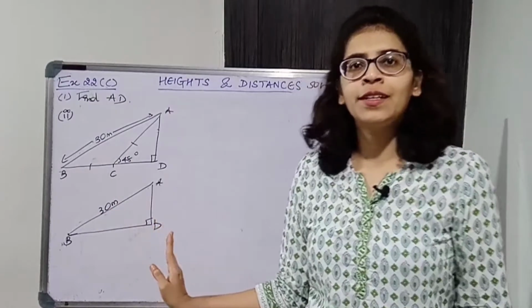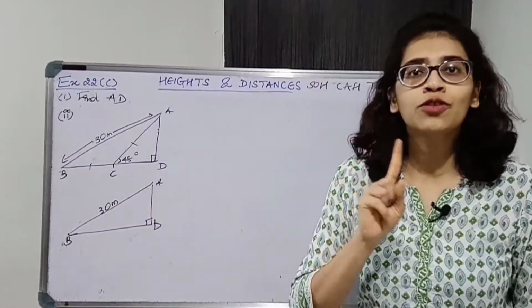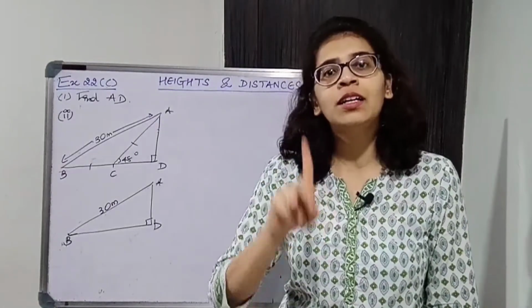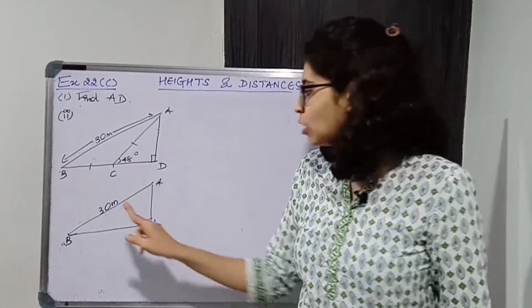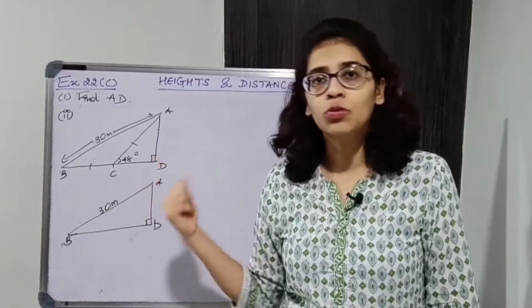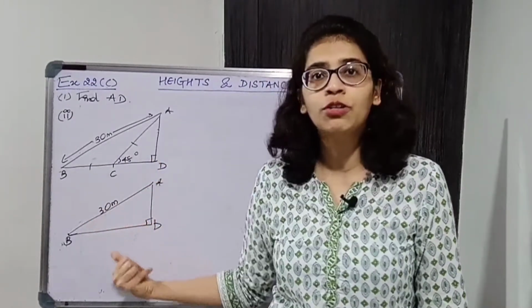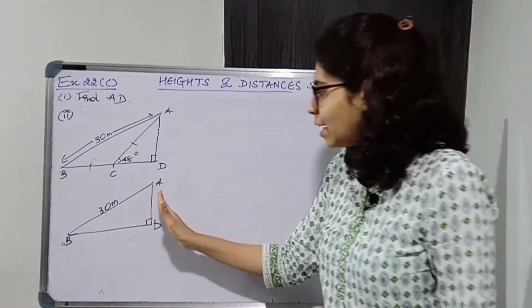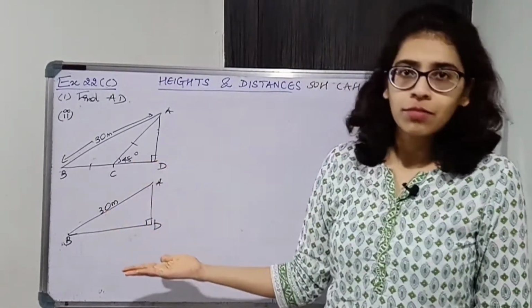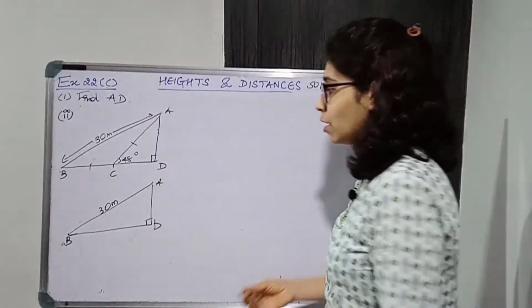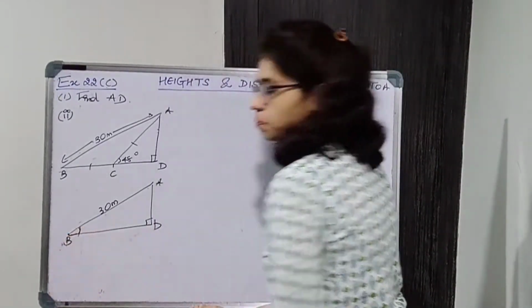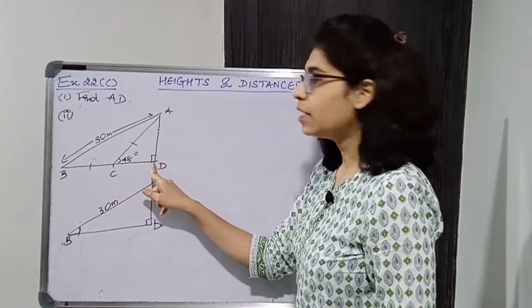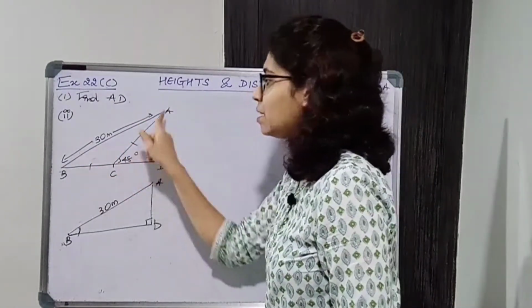Now apart from 90 degrees, we need to know one more angle of the triangle to use a trigonometric ratio. We need to know one angle and one side. Okay, we know one side. Do we know the angle? No. Apart from 90, you are supposed to know one of the angles. We don't know. So we need to find AD, we need to find that angle. Now we can easily find ABD. How? ABD वो find करने के लिए we are going to consider triangle ABC.